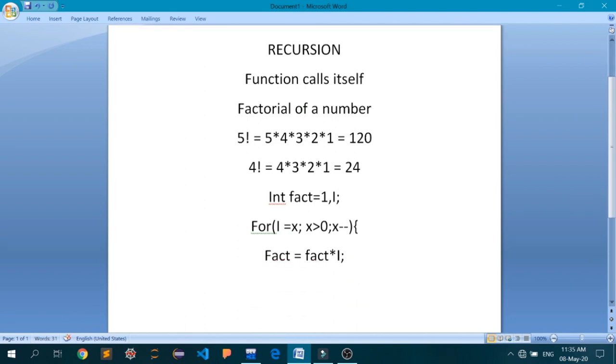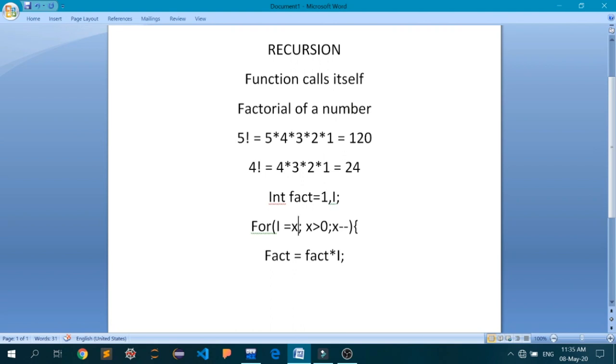So what I have done here is, the initial value of fact is equal to 1. When entering the loop, I initialize the variable I, which I have already declared, equal to x. X is the number for which you want to find the factorial. Let's say in this example the value of x is 4.